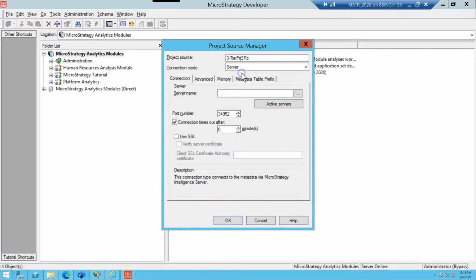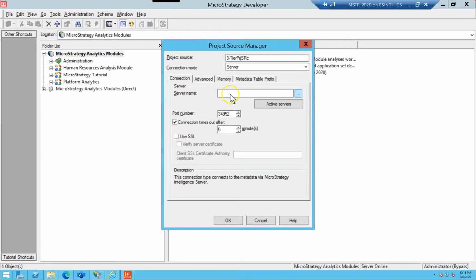If you have a server, let's suppose I'm going with the 3-tier connection. In this text box, you have to enter your intelligence server name, and I just selected this Eclipse button. It should not be, but if you select these options, it gives you all the intelligence servers available in your environment.